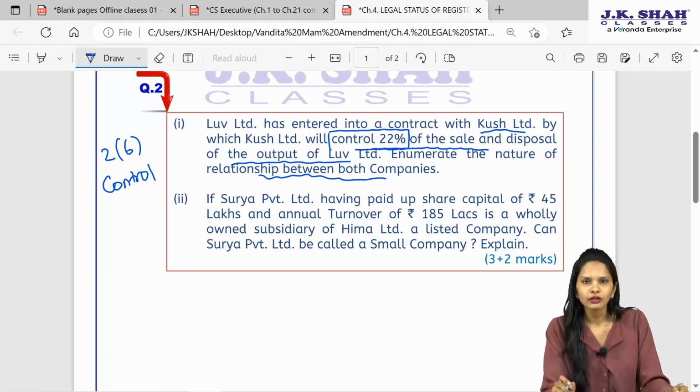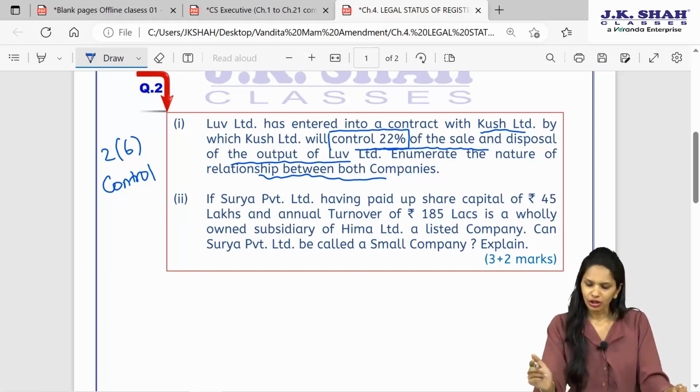I hope everyone understood this. So what is the question over here? Explain the nature of relationship between both the companies. So over here, Love is a holding company and Kush is its associate company. So this is your answer for your first. For that, you will get how much? 3 marks. Okay. After that, the next one says that Surya Private Limited having paid up share capital of 45 lakhs